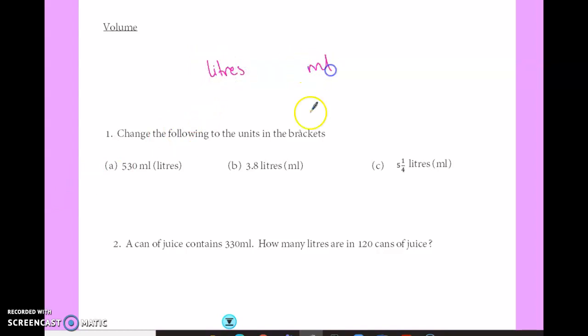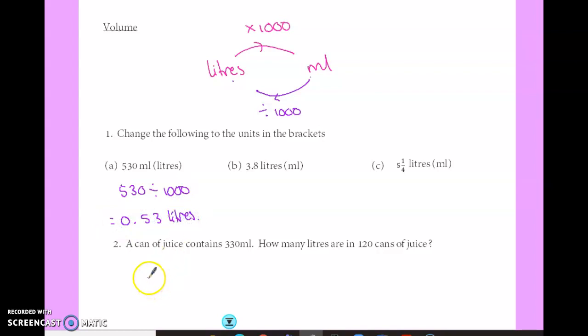Litres and millilitres. If I want to go from millilitres to litres, times by 1,000, as there is 1,000 millilitres in 1 litre. If I want to go back the way, I divide by 1,000. So I'm going to change these ones then. 530 millilitres into litres. If I want to go from millilitres to litres, I'm dividing by 1,000, which would be 0.53